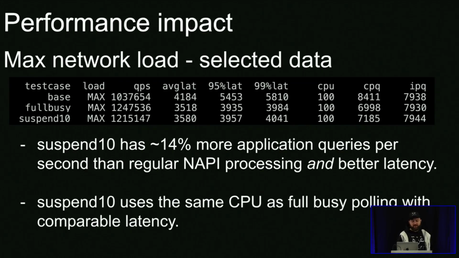If you compare suspend with full busy polling, it uses the same amount of CPU, right? Because this is maximum load, so they both use 100% CPU, which is what you'd expect. And it has comparable latency, not as good, slightly worse, but it's comparable. And so that's what IRQ suspension does. And the high-level overview